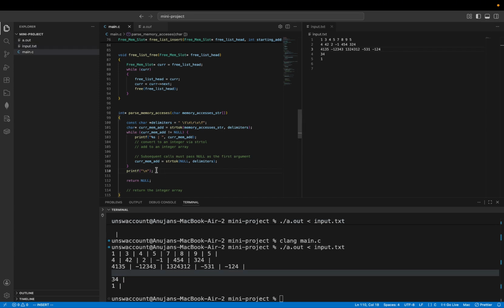Unless it's because it must be printing. It printed negative 124, printed the pipe character, printed the space. And since that was the end of that,